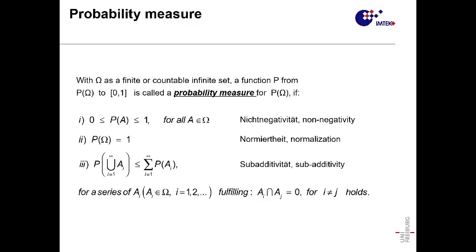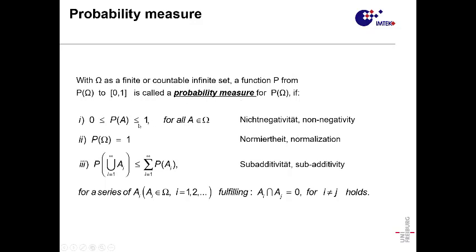So now we come to the probability measure. What is the difference between the probability measure and the probability function? They have the same properties, but instead of mapping each element of omega to 0 and 1, it maps subsets of omega to 0 and 1. That's what we distinguish here with capital P. A subset could be any; it could be just one element, but let's say it's more than one element, two.